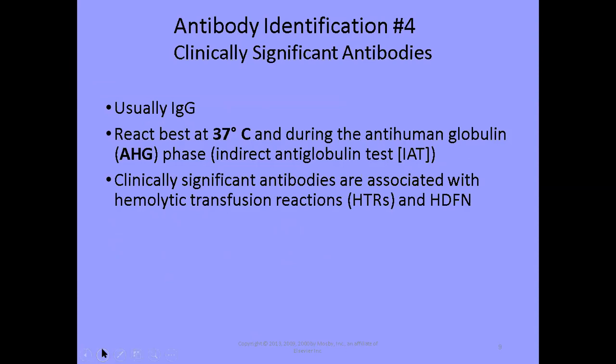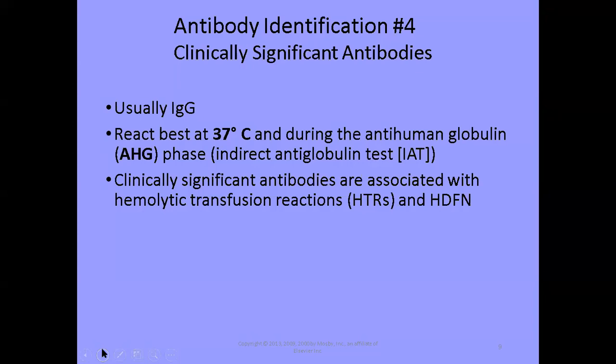Okay, so a little bit of this is going to be redundant, but you can't hear it too many times. It's very important to get it straight. So just remember, clinically significant antibodies are usually IgG. They react best at 37 because that's our human body temperature, and also during the antiglobulin phase of testing,